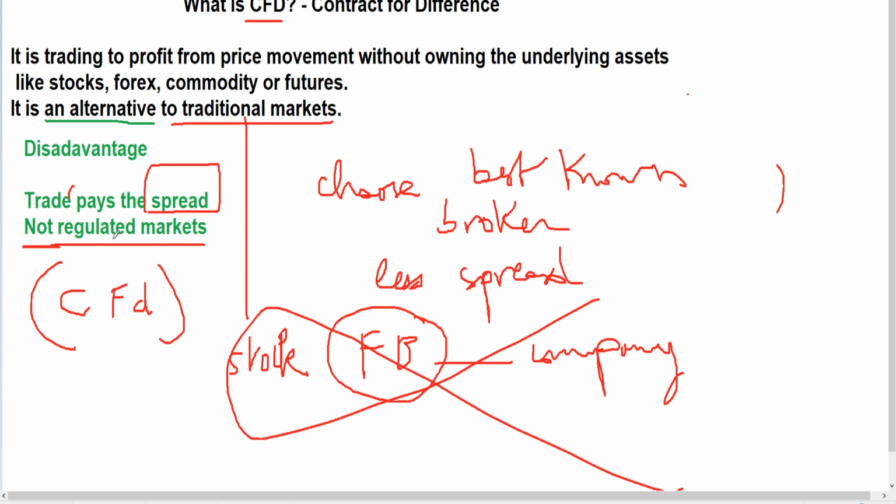And not regulated, it means if things happen and they, for example, steal your money with, for example, a bigger spread. Let's say it is $1 here, and here you find $2. It means they take 50% from $2 to $1. It means they take $1, which is 50% of your money. They can't do that. Now, if they do that, you can't do anything. That's why we say not regulated.